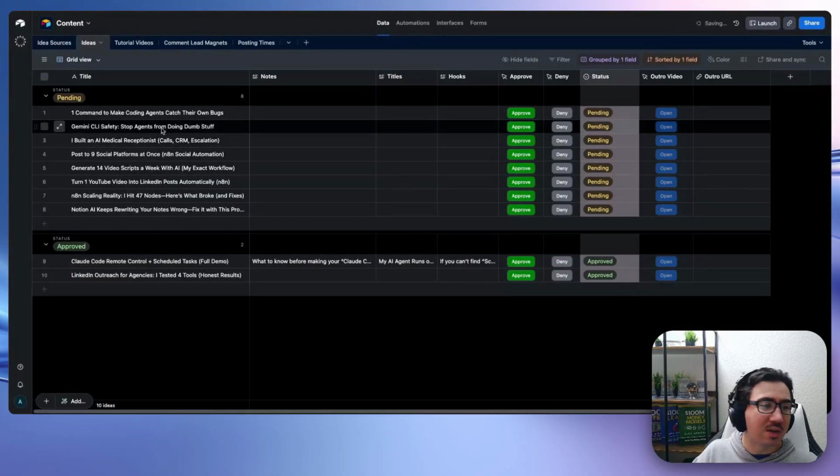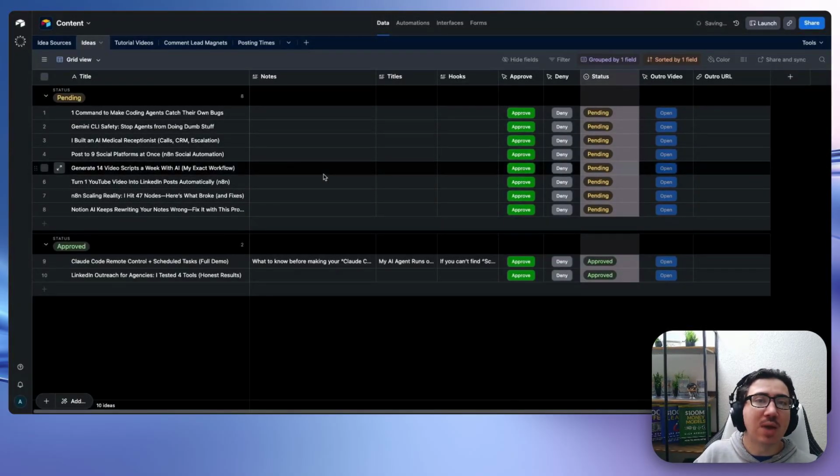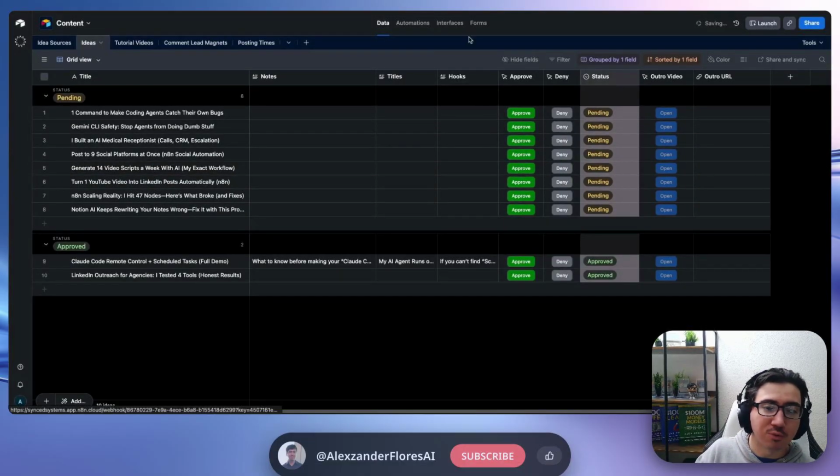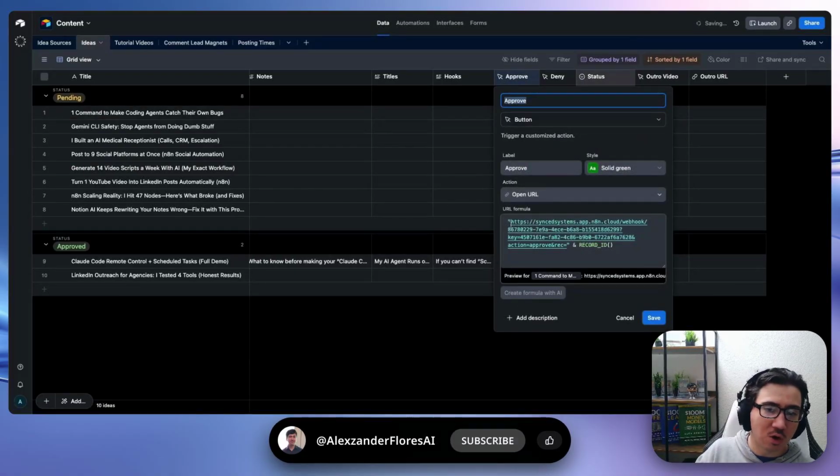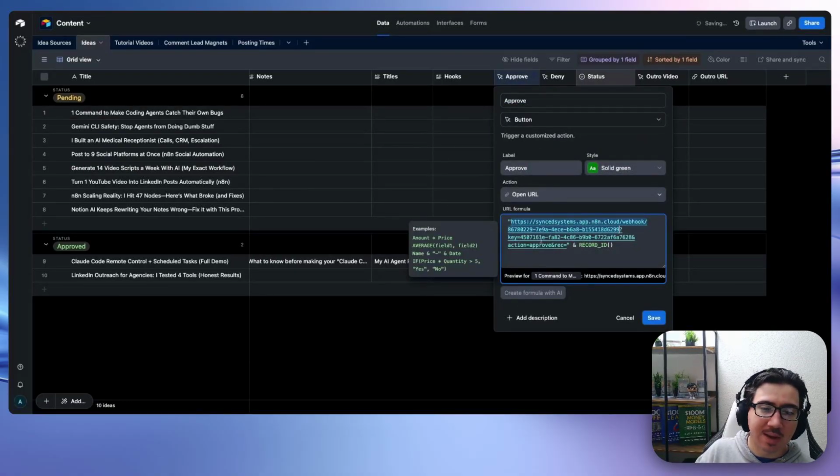Now, this is great, and we have some ideas here, but what happens if you actually like an idea? Well, if you click on approve, it's going to run a webhook. So if I look at this right here, we're going to call this webhook right here, and we're going to pass in an authentication key within the parameters because this is basically just doing a GET request to an n8n webhook. We can't pass in headers in this way, so we have to put it inside the URL. And obviously, I will be making a new webhook, and I will be using a different API key after this video is recorded. But here we're also passing in the record ID, super important.